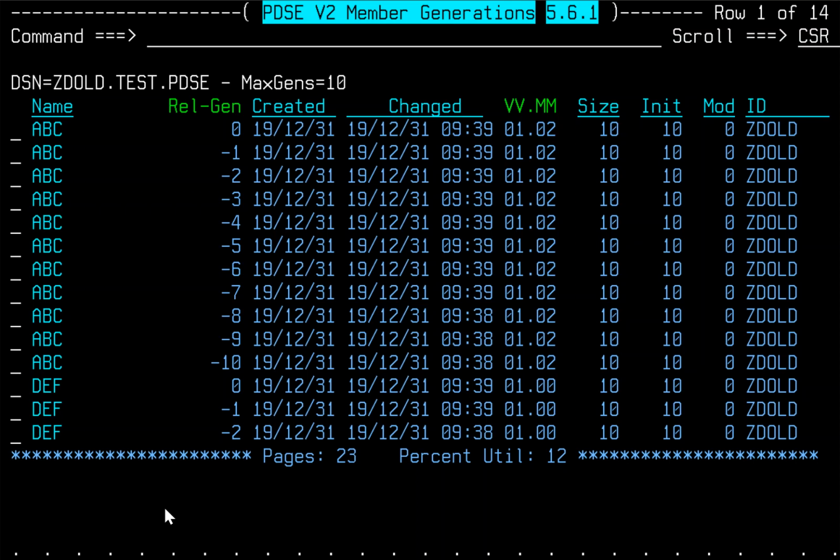This is a demonstration of the Pdsegen ISPF dialog. It's been around for a couple of years now. It's growing like topsy. Something that I wrote to get over the deficiency of native ISPF in handling PDSE member generations. What we see in front of us is a test PDSE with a max gen of 10 set up,